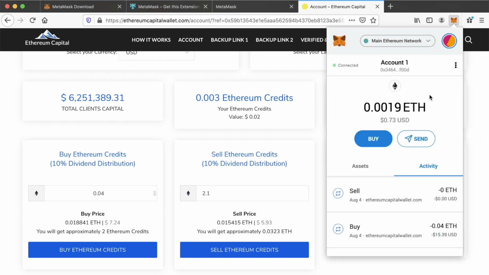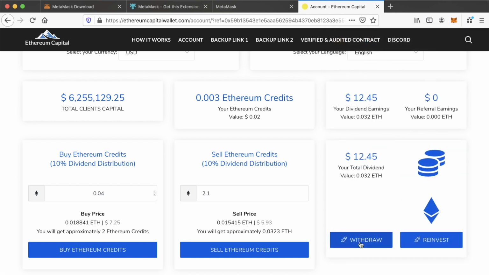So I'm just checking to see for gas fees. There we go. I've just sent a little bit more ETH in here just to keep me covered for gas fees. And that's the other thing that you need to keep in mind, guys. You need to make sure you have enough. I always keep around a minimum of $10 to $15 in my MetaMask wallet just to cover gas fees. You won't be paying that all in one go, but I just like to have that as a bare minimum. That's just me. So we can confirm here we do have enough for gas fees. So let's try that process again.